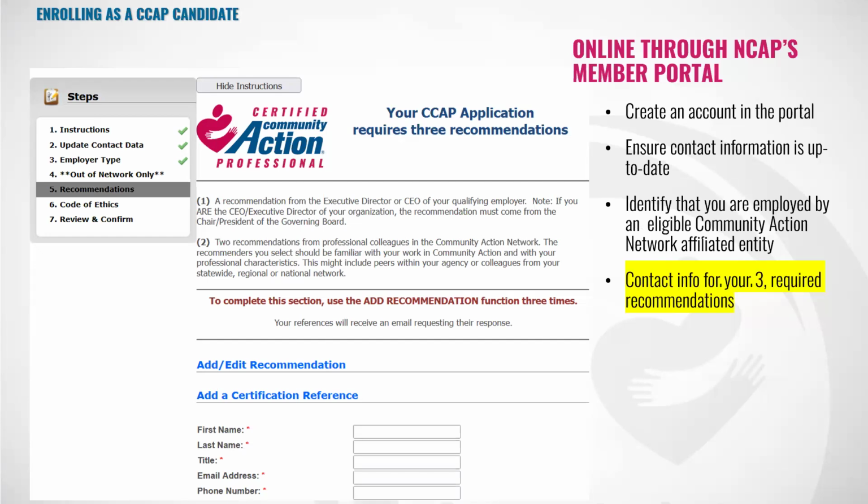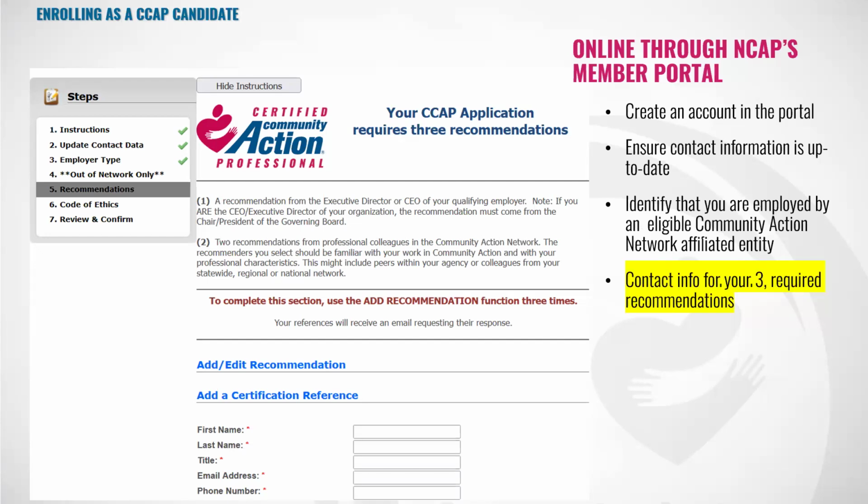you will want to inform your references that you've put them down on your application and you need their help. And you will also want to check with them to make sure that they received that email. Sometimes those get caught up in spam filters as well.